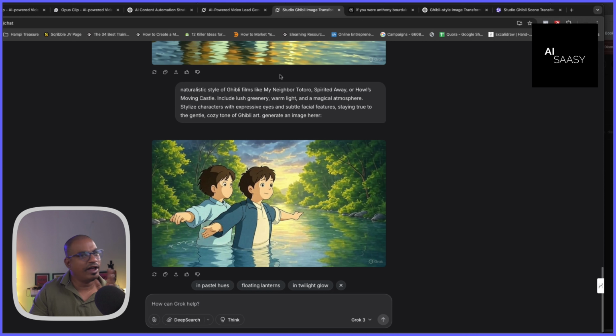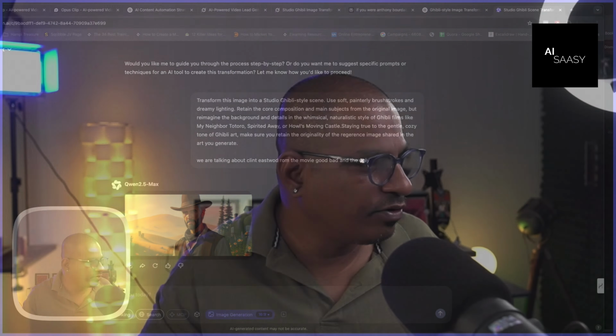If you have references of images that you want to generate, then ChatGPT is a clear winner. But if you don't have any reference, if you want to start something from scratch, then probably Grok, because it's good, it's imaginative, it's creative, and it's also very quick. So basically, you know who is the clear winner in terms of image generation capabilities between ChatGPT versus Grok AI.